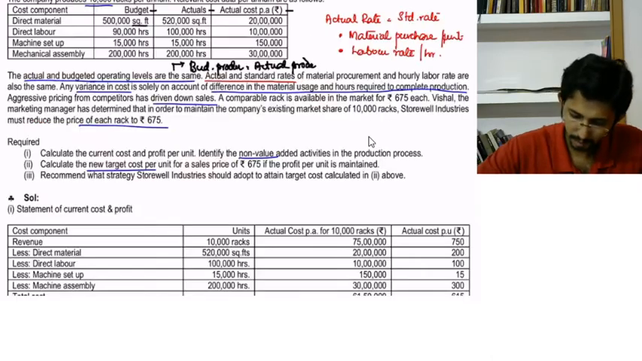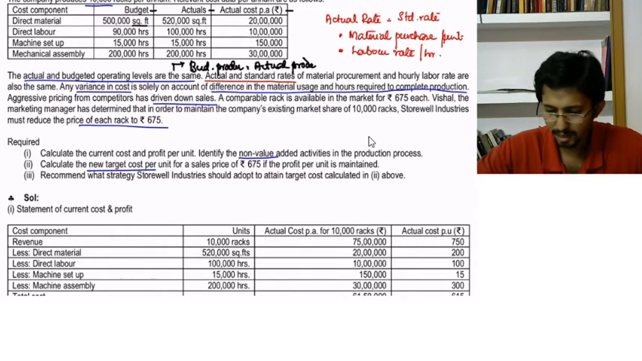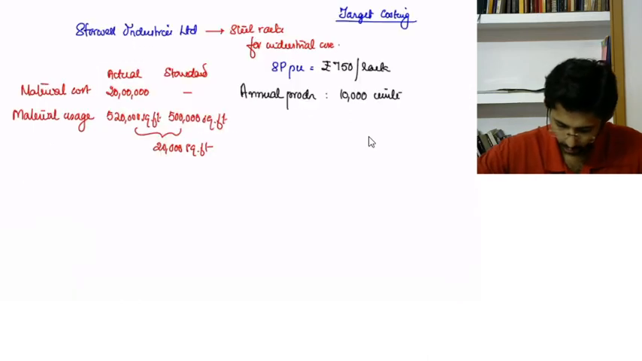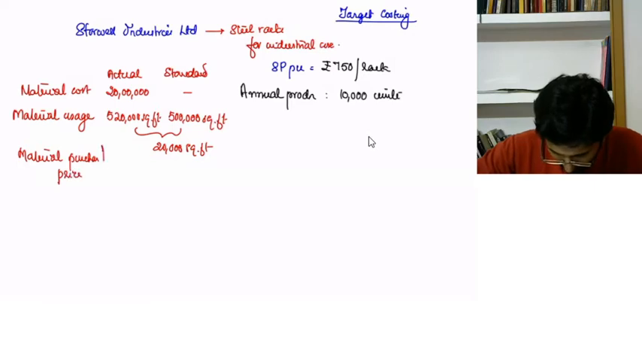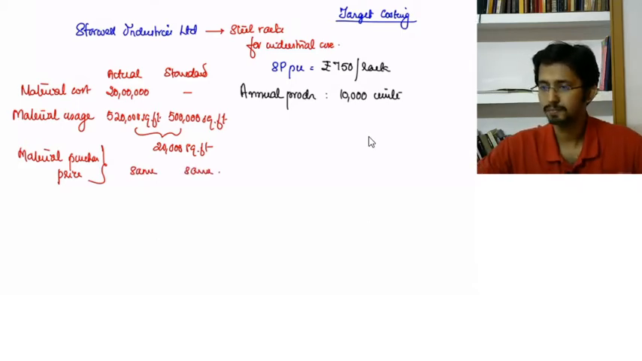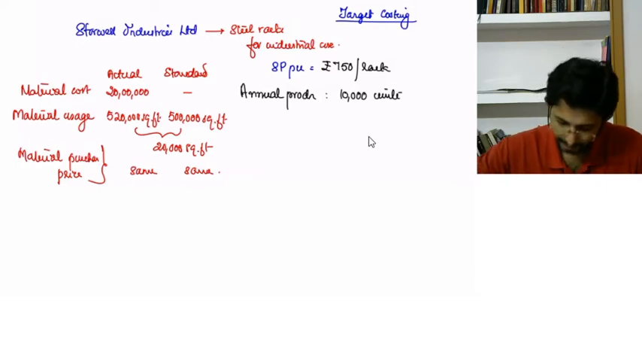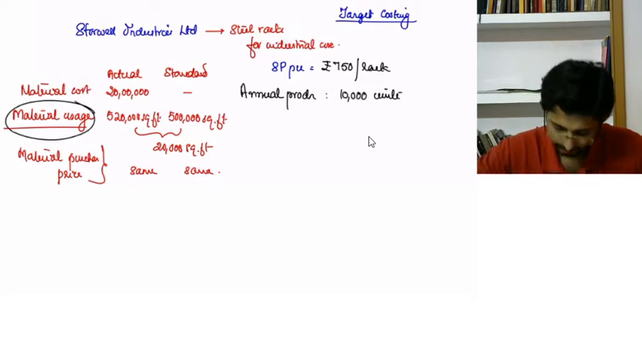Okay, and here the information says actual and standard rates of material procurement and hourly labor rates are the same. So there is a material usage variance, but material purchase price, okay, this will be the same as per both actual as well as standard. These are the same, which means any variance on account of materials will be purely on account of material usage itself, not on account of material purchase. Similarly, in the case of labor,